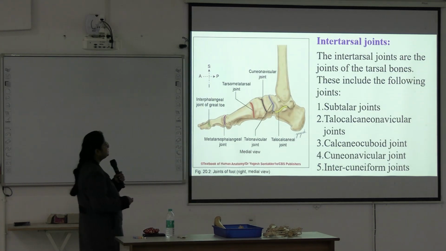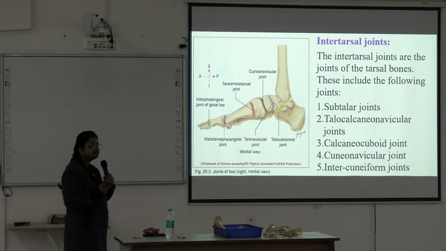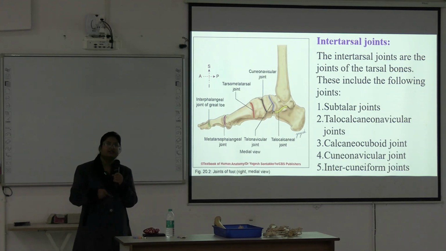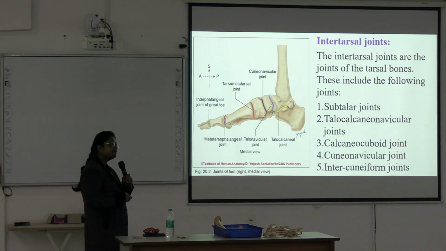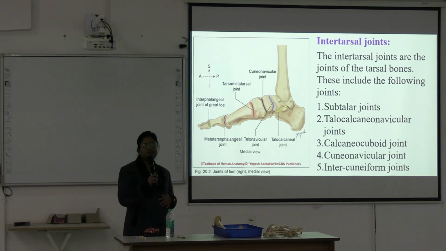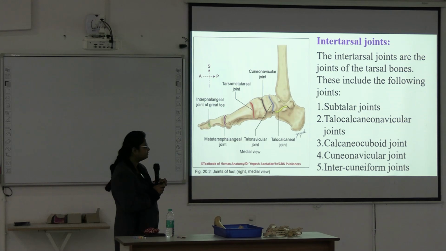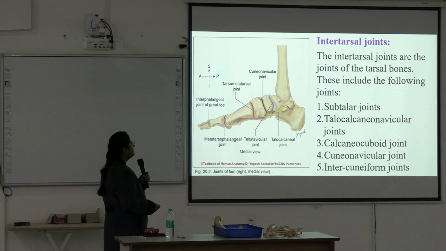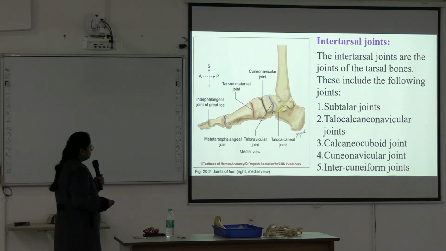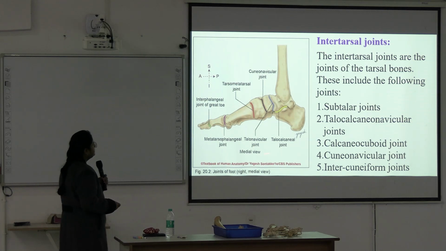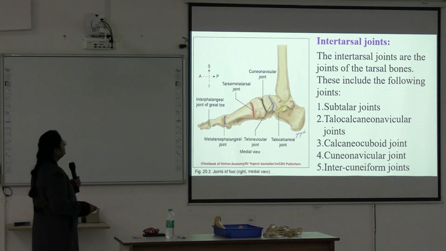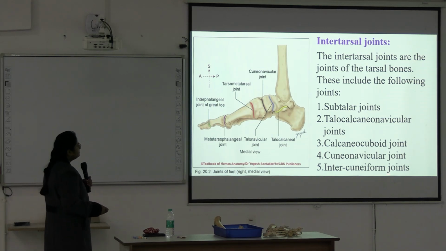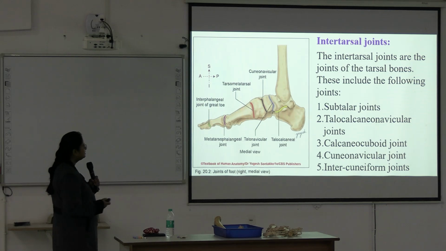Among the intertarsal joints, the subtalar joint is important because inversion and eversion of the foot occurs in this subtalar joint. That's why inversion and eversion of the foot is a very important theory question. So intertarsal joints are the joints of the tarsal bones and include the following: subtalar joint, talocalcaneonavicular joint, calcaneocuboid joint, calcaneonavicular and intercuneiform joints, as you have seen in the previous picture. Next,